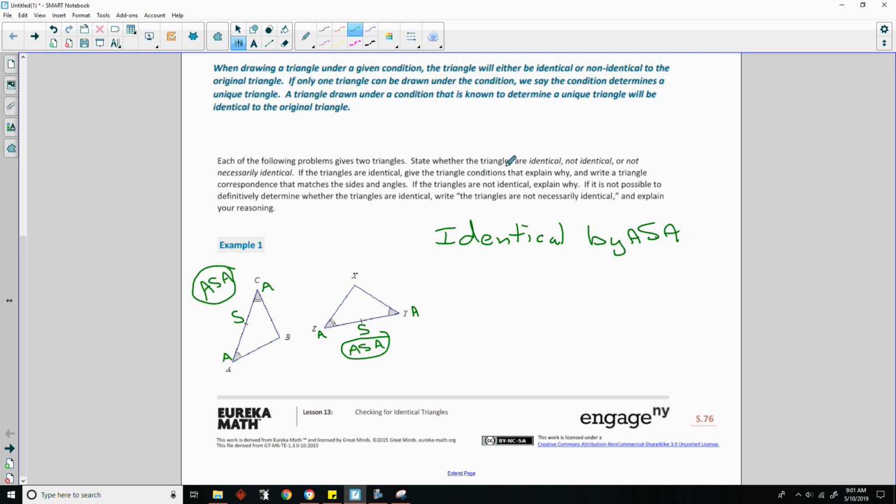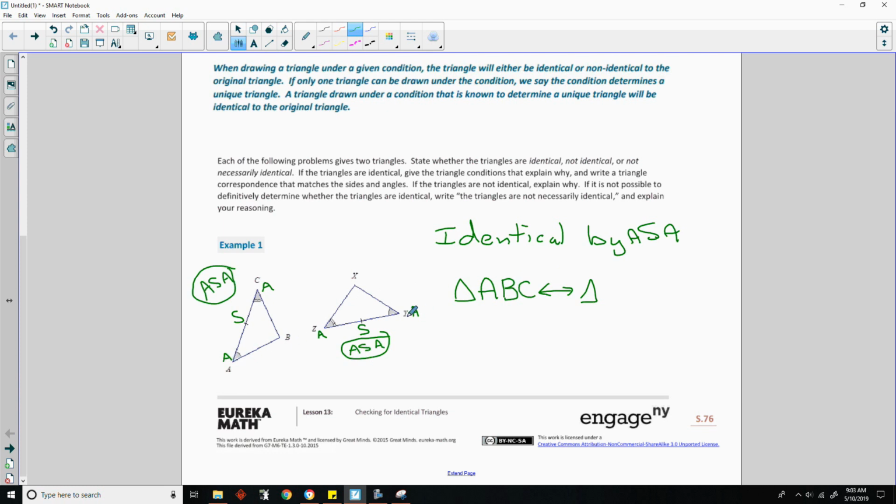And then it says if they are, write a triangle correspondence. So I would say triangle ABC, and we could name it CBA, we can name it ACB. It does not matter how you name the first triangle, as long as you name the triangle that you're saying they're identical to in the same order. Okay, so triangle ABC matches the triangle